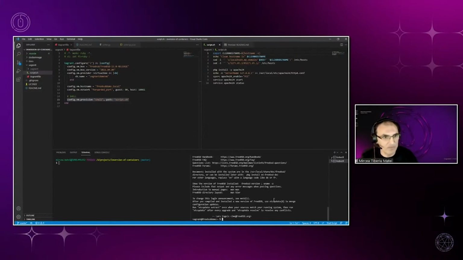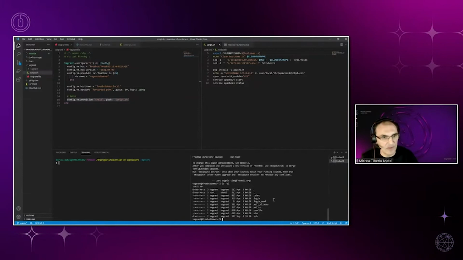And here I can run any commands that the console allows me. I will exit this console, or maybe I should first test if